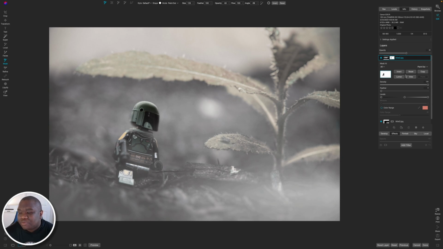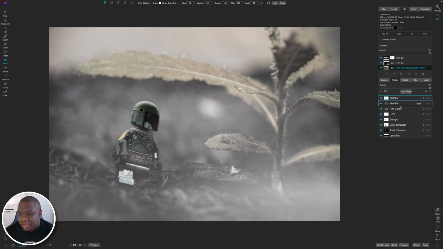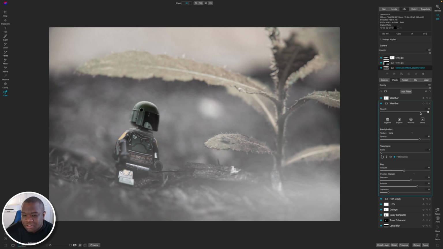So what I may have to do is come back to our original image and pull down on both of those mist layers. And you know, this is the beauty of working non-destructively. I can come back and really start to hone in what I think looks the best for the overall image. This one may be the one that's a little too much. Yeah, that's looking a little bit better. Okay, so now we have some mist,